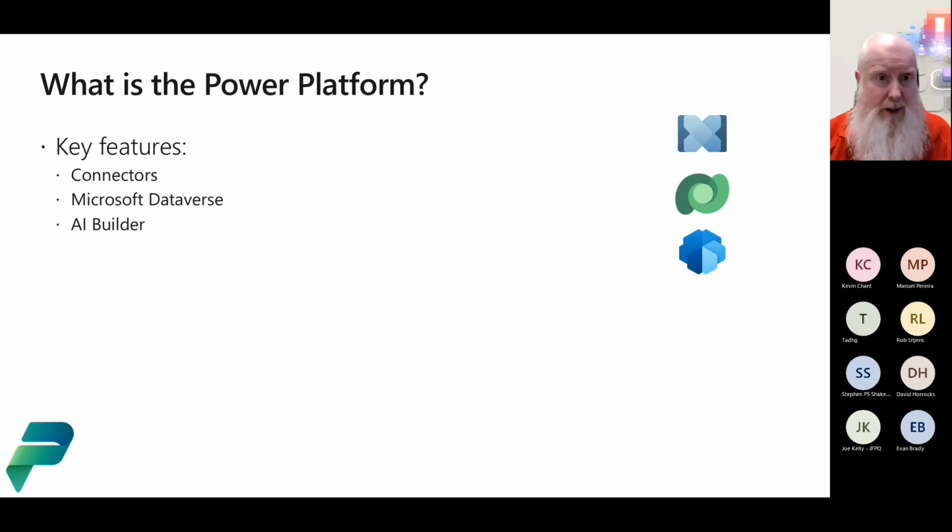We've also got Dataverse, which I'm going to talk a bit about in a bit, which is really a cloud-based data store for the Power Platform. And Dataverse enables a huge amount within the Power Platform. We'll talk a bit more about that in a bit. And then we've got AI Builder, which allows you to do AI on data and on visuals without understanding anything